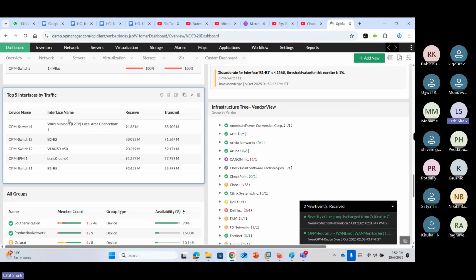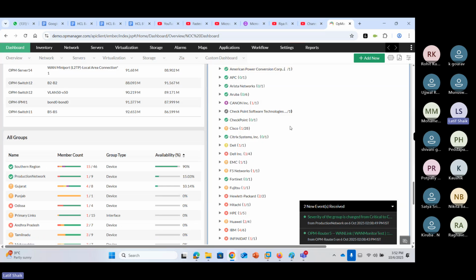Higher traffic wise. This is vendor wise, showing different companies. Take Dell, for example. In Dell, there are four devices. Two of them have issues: one is critical, another requires troubleshooting. This one also needs troubleshooting. This one is working, so this is maybe a server. Yes, the server is working. Okay, Citrix system. We have one Citrix system and it is working.